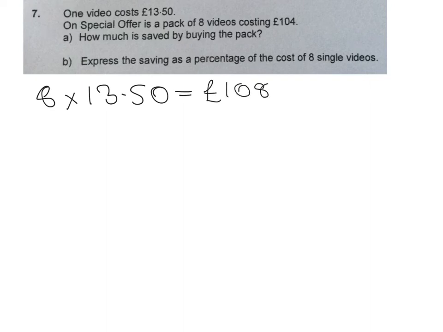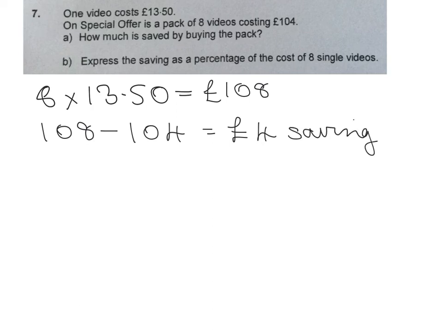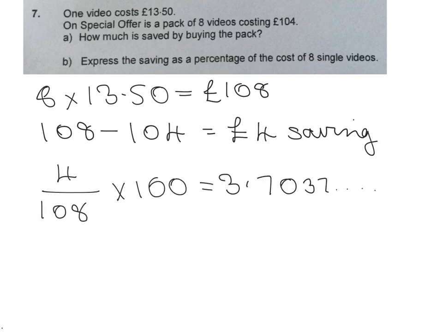So then to find how much is saved, we take the difference between the two prices. So we do 108 minus 104, and the saving is £4 if you take the pack. So that's question A answered. So question B, express the saving as a percentage of the cost of the 8 single videos. So we take our saving, which is 4, and we put it over the cost of the 8 single videos, which is 108. We then multiply this fraction by 100, which gets us